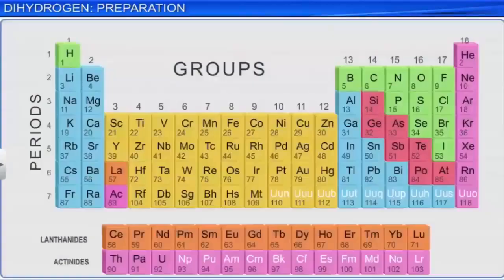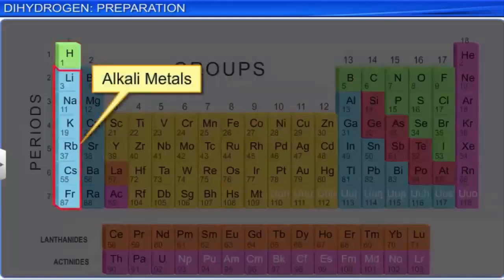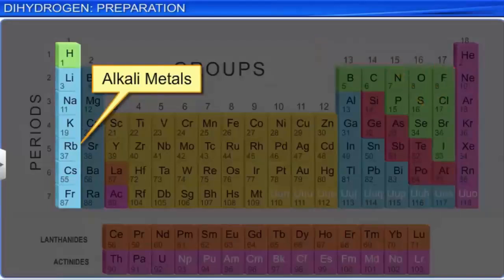Because of its atomic number 1, hydrogen is the first element in the periodic table. However, its position in the periodic table is debated because of its resemblance to both alkali metals and halogens, as well as because of its unique behavior. Let us see how hydrogen is similar to alkali metals, yet different from the group at the same time.